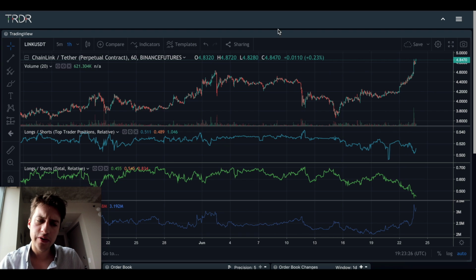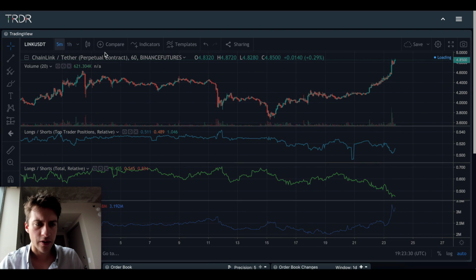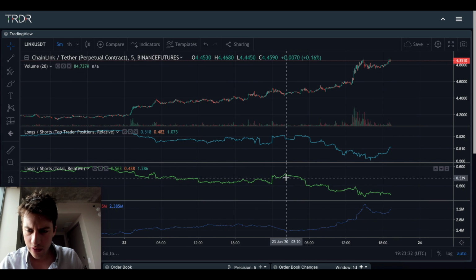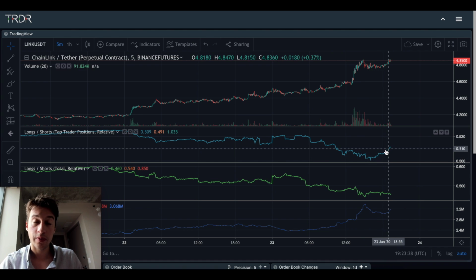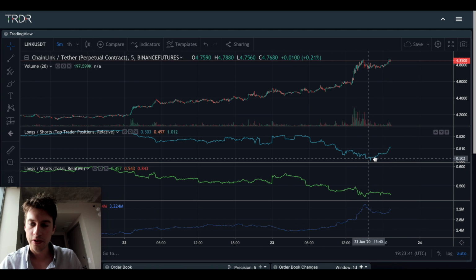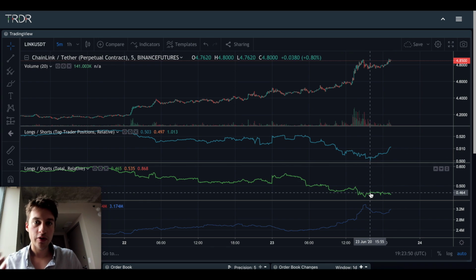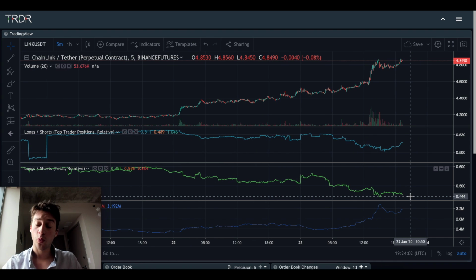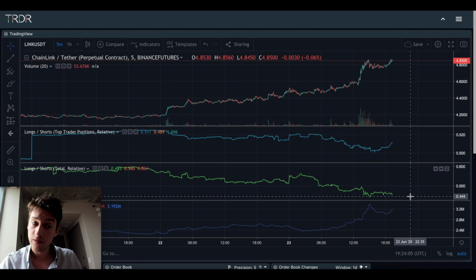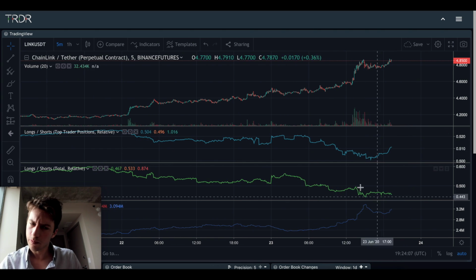let's see. Let me see also what are people doing here on the 5 minute for positioning. Yeah, it looks like they're just continuing to short, and it looks like actually, ooh, that's interesting. Looks like top traders, top 20% by account size, are actually increasing their positions, are going long, right? They're going long, but the smaller traders are actually going short. We can see that from here to here, we have a 46.5% long, right? On Link on Binance Futures for total traders. We're now at 45.55%. So we've dropped by 1% in all of total traders. That's a lot. So this to me is looking bullish on Link.